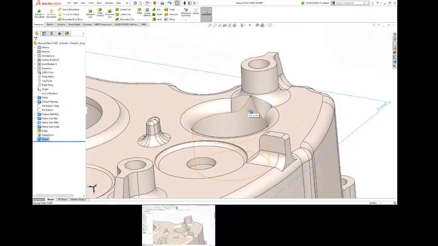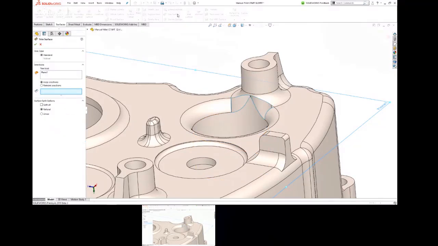Now to slice away only that little piece, I'll use a surface trim. Trim surface command, another one of those tools that's really powerful, has a lot of different applications. In our case, we're just going to use that plane as a trimming tool. Now I have to tell it, well, what do I want to trim? I could slice away the whole top of the model if I wasn't careful. So I'm going to be pretty careful about this and say, no, I just want to remove